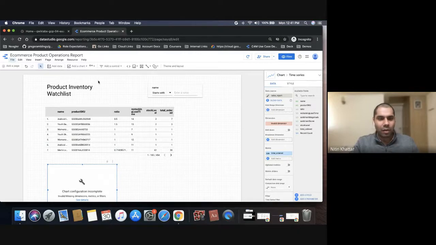Apart from that, we created a small sample report. We added an interactive filter. We also looked at how we can share this and embed it into a custom application, or share it in an email fashion, or share it in a link fashion. All that can be done. Or maybe give a direct access to a particular user in a view or an edit way.